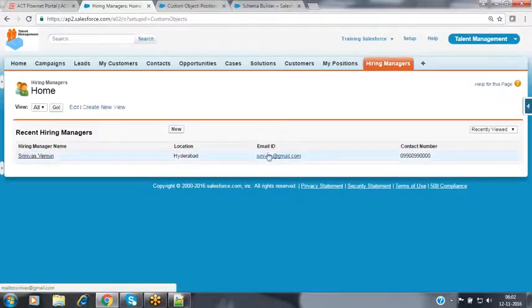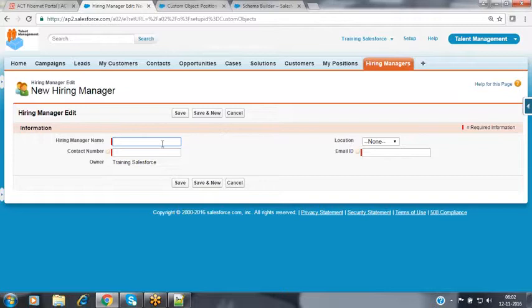Now these are the values out there. I'm creating a new hiring manager record right now. One more, like some Prashant, some A. Now the contact number, and the location is some Hyderabad, and the email ID is prashant@gmail.com.